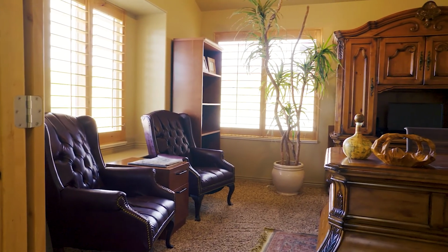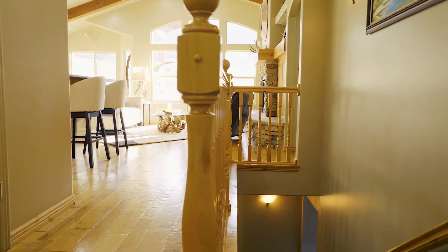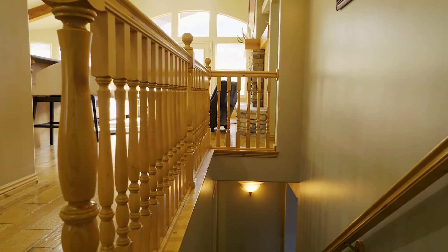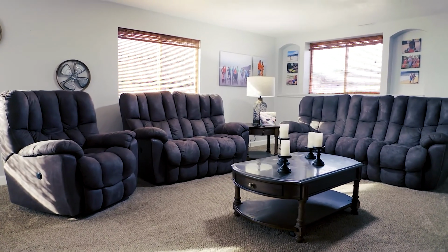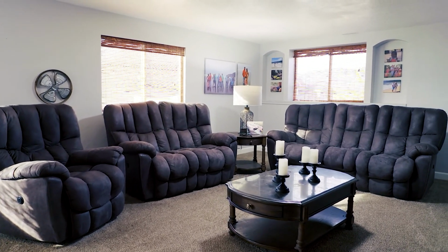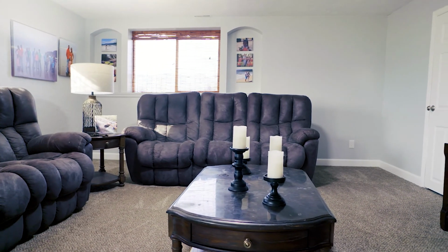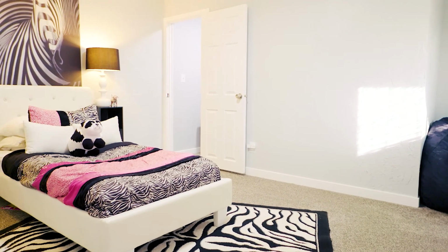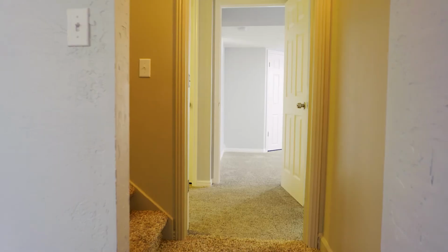Take a look at this. They've got an office right on the main floor, as you can see. And again, the furnishings, if you like the furnishings, that might be an option they may be able to put in. Going down to the lower level, the nice thing is you still have a ton of light coming in these windows, you can see. They've got a couple bedrooms down there, and they've gone with a lighter tone in here,